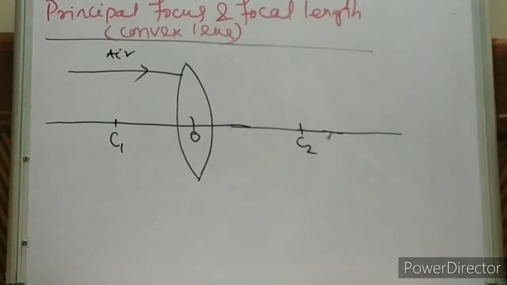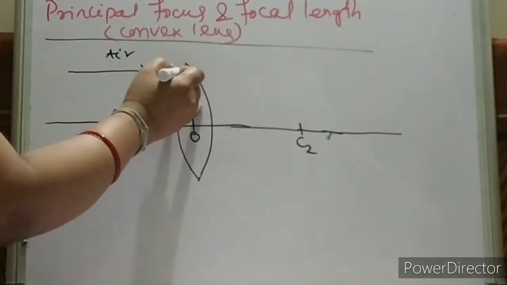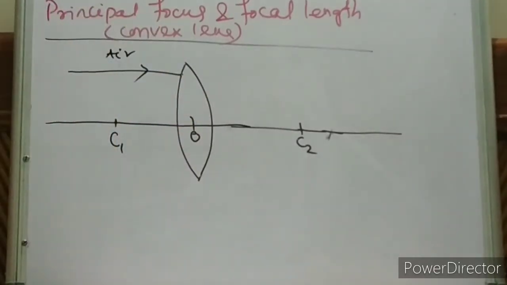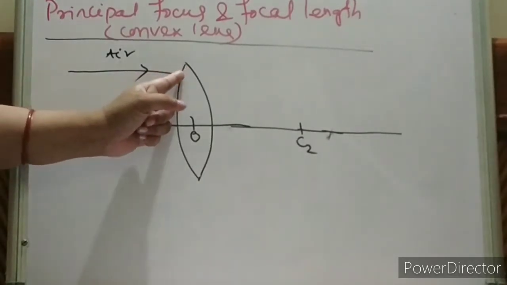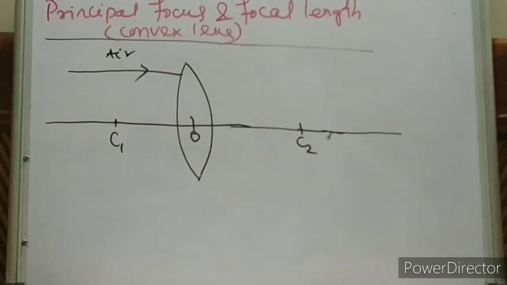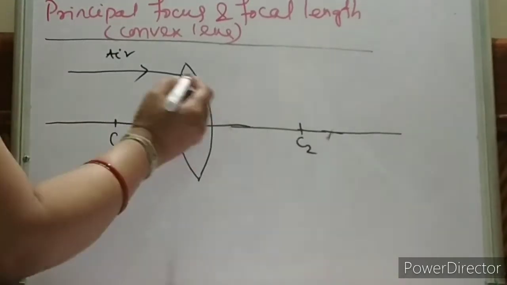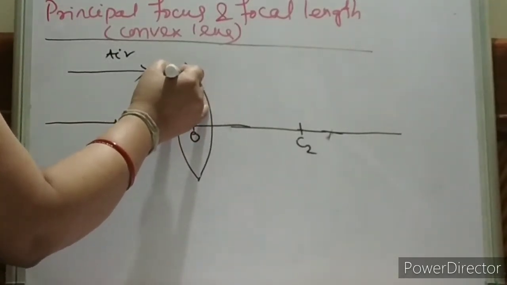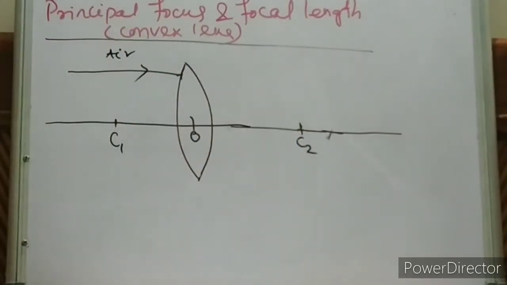Now how to find the normal, how to draw the normal? This thing I have already discussed in the case of the mirror, because this is a curve. See, this is the point where the ray strikes this surface, so you will draw the normal at this point. The normal joins two points: where the light ray got incident, and the center of curvature. Now tell me which center of curvature we are talking about, because we have two centers of curvature.